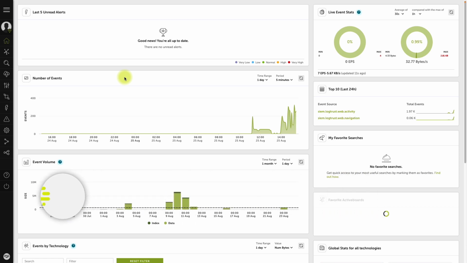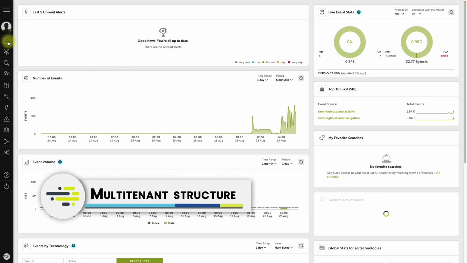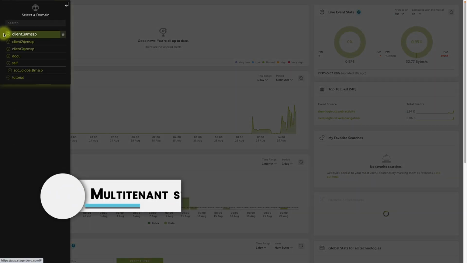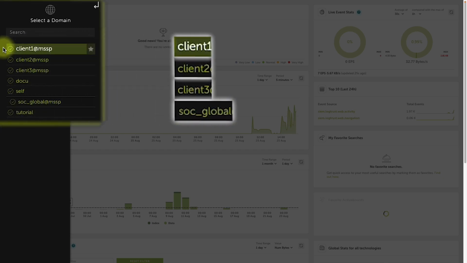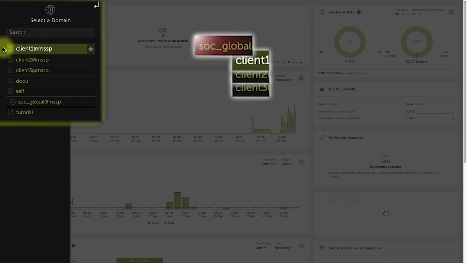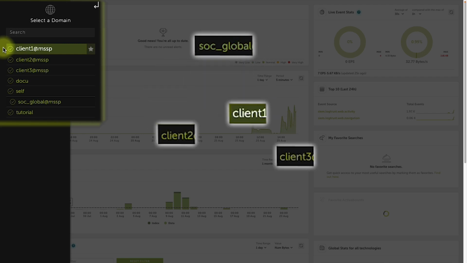All domains that are part of a multi-tenant structure will have a common nomenclature: a name of your choice followed by the @ symbol and the name of the multi-tenant. For the variable part, we recommend using meaningful names that express the intended use. This does not determine the data access structure, but it will make it easier to grasp possible correlations for rule